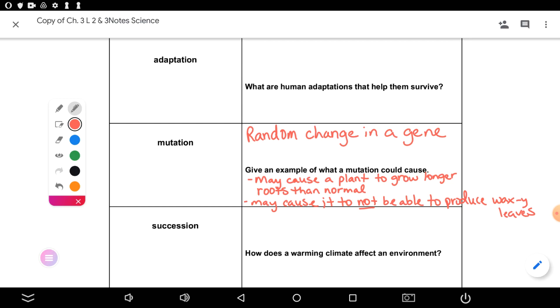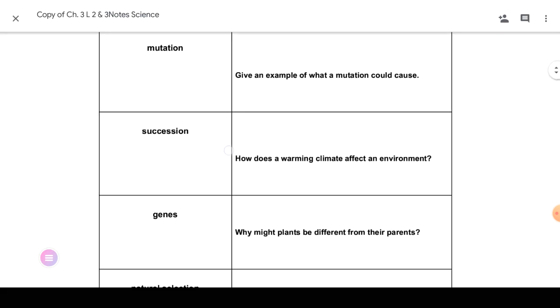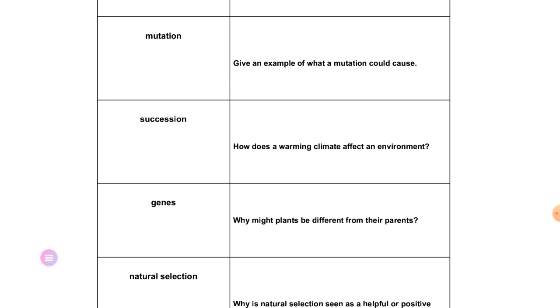Okay, the next one is, mine's different than yours, succession. What was succession in the book? Ava? Is the predictable order of changes after change occurs? Yeah, and that's kind of a weird definition because it has the word change in it twice, and it's talking about two different versions of that word. So let's write it, and then we'll discuss it some more.